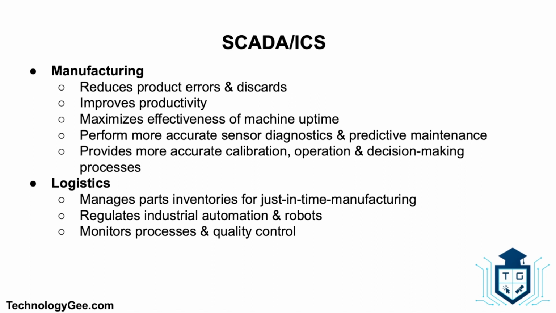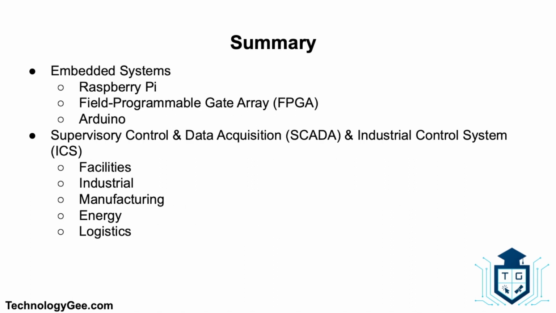And then finally, you need to know about the logistical side. SCADA is capable of managing parts inventories for just-in-time manufacturing, regulating industrial automation and robots, and monitoring processes and quality control. All right, so that was my quick little class on embedded systems in SCADA and ICS, where we talked about the various aspects of embedded systems such as Raspberry Pis, field-programmable gate arrays, and Arduino. And we also talked about SCADA and ICS, where we discussed various aspects concerning these, such as facilities, industrial, manufacturing,